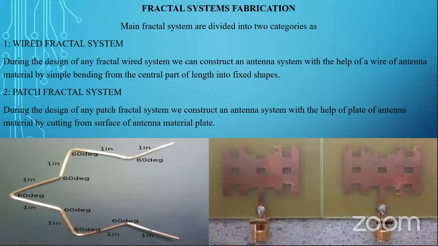Antenna fabrication is divided into two categories. Number one is the wired fractal system. Number two is the patch fractal system. During the fabrication of a wired fractal antenna, we simply bend a wire from the central part of its length into fixed shapes. During the fabrication of a patch fractal system, we generate an antenna by cutting material from